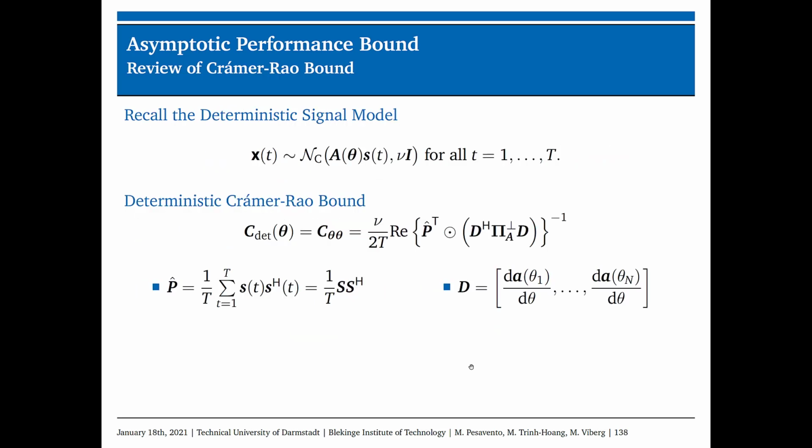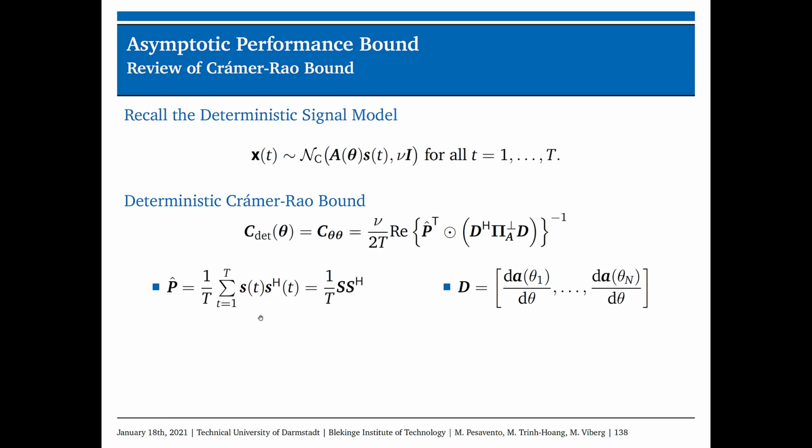Now, let us apply this result to our deterministic and stochastic signal model introduced in the first part of the tutorial. In the deterministic case, the observations are complex circular Gaussian with mean A times S and covariance nu times identity for all time instances from t equal to 1 to T. Making use of the Sleep and Banks formula and the block matrix inversion lemma, the deterministic Cramér-Rao bound of the DOA parameters of interest is then given by the compact closed form expression over here, where P hat is a